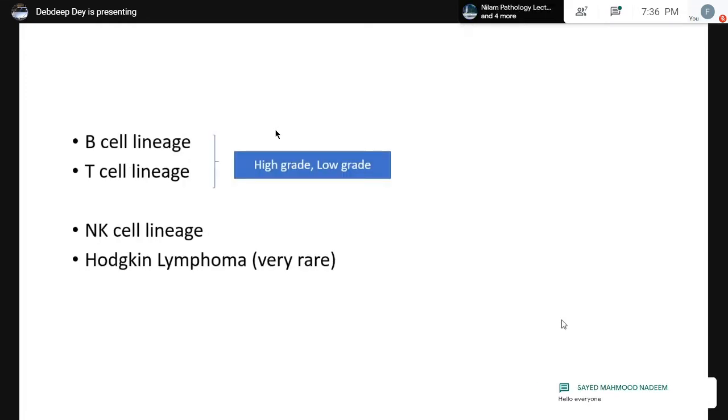Like with everything else in the body, there is everything else in the lymphoma world. You have the B cell lineage and the T cell lineage, and there is also the NK cell lineage. But Hodgkin lymphoma in an extranodal site is extremely rare, and therefore be very cautious when you diagnose a Hodgkin lymphoma in an extranodal setting. Although you can see it sometimes in the GI tract as well as in the